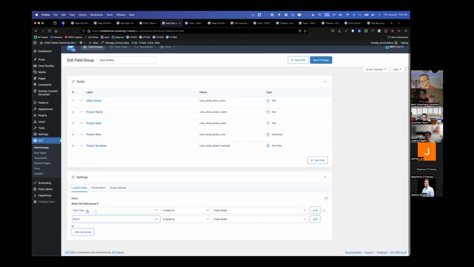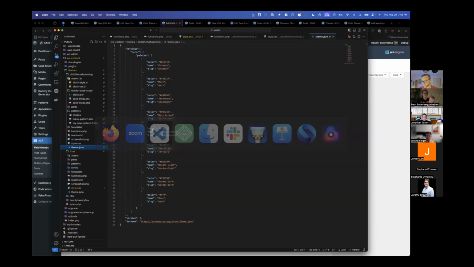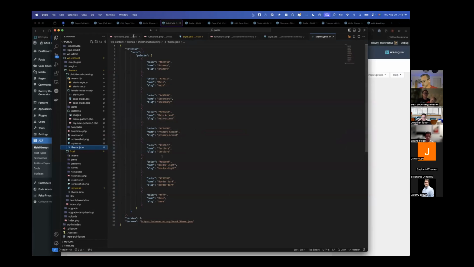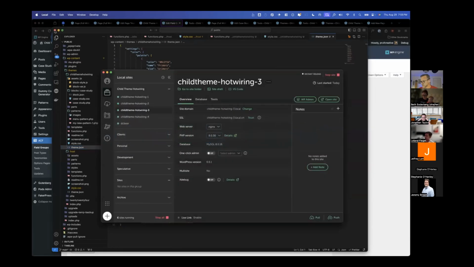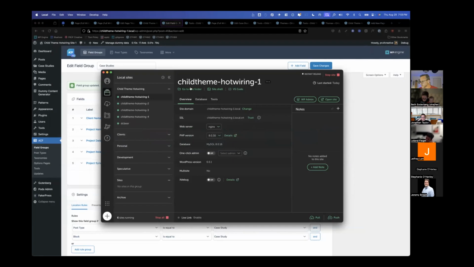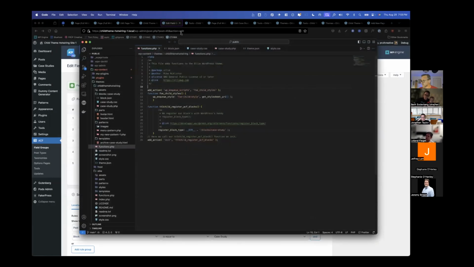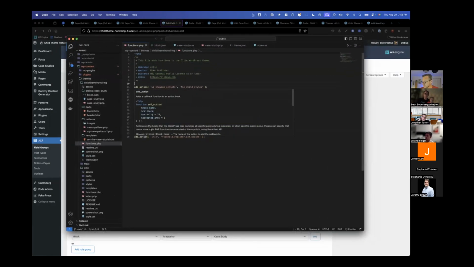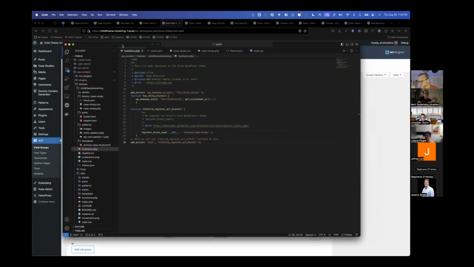And it really is just the hardest part, I think, other than maybe the PHP code, is knowing how to set up this logic for when you want the blocks to show up. But on the other side of that, flip over here to VS Code, and I'm going to go back to my original site so I'll be able to see it in real time. There we go. Okay.